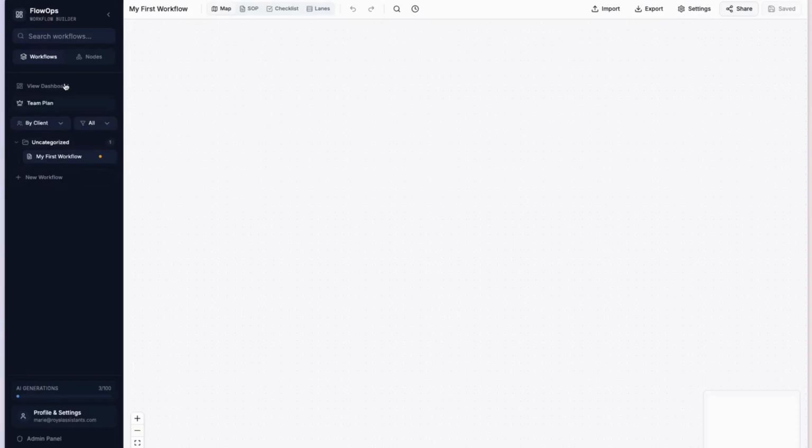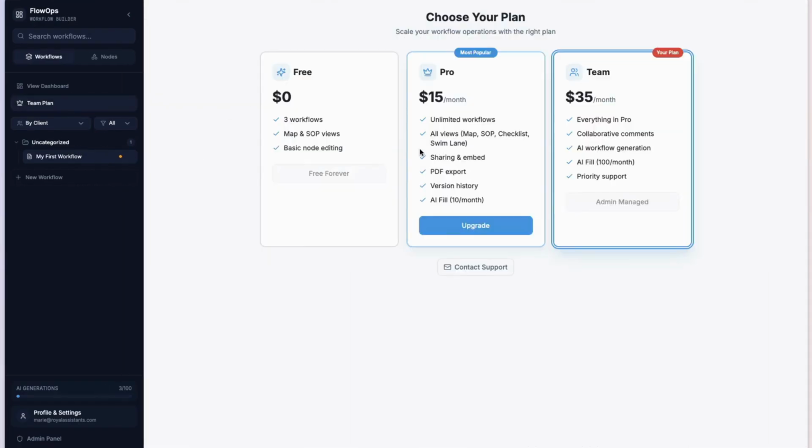My biggest thing is on the left menu, it's very simple. I'm a simple girl. So there are three different plans. The first plan is free. On that free plan, you have three workflows. And then on the pro plan, you have unlimited workflows. You have all the views, because here you get limited views. You get to share, you get the PDF export, the version history, and AI fill for 10. The Pro, which I'm on, you have everything on this plan. You can also collaboratively communicate with the people you share it with. You also have an AI workflow generation and the AI fill feature,